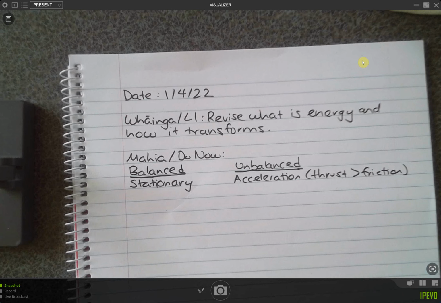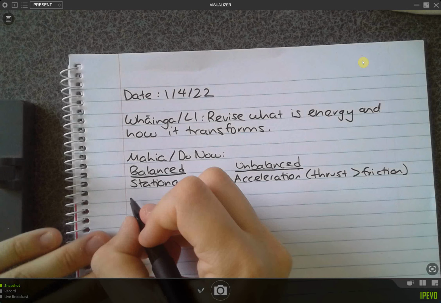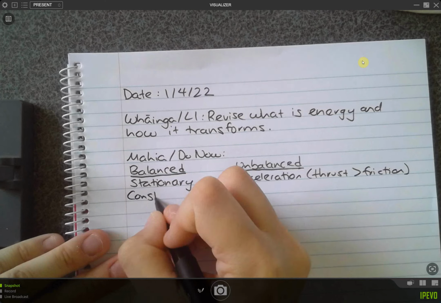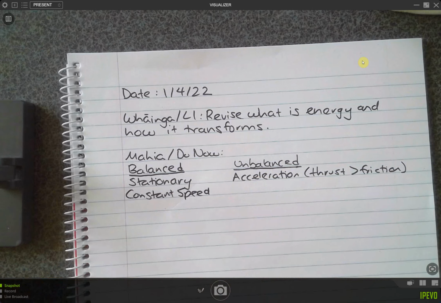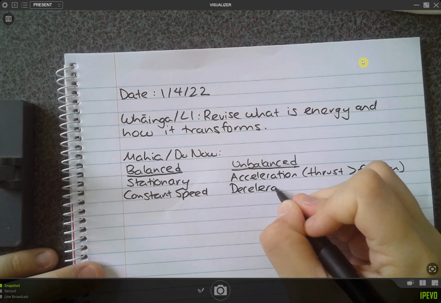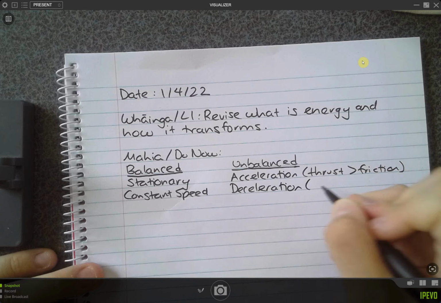All right, the next one we had was constant speed. Is that balanced or unbalanced? Balanced. And then the last one was deceleration. Is that balanced or unbalanced? Unbalanced. Now with deceleration, what force will be greater?